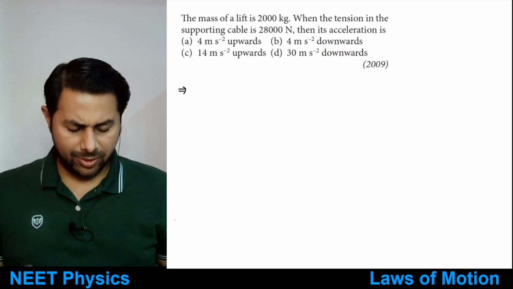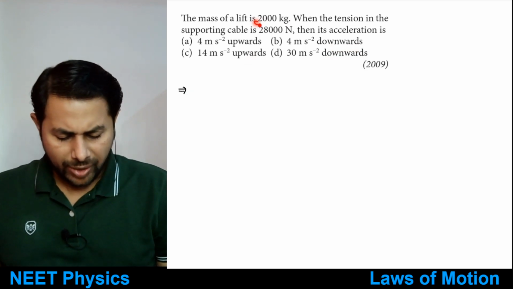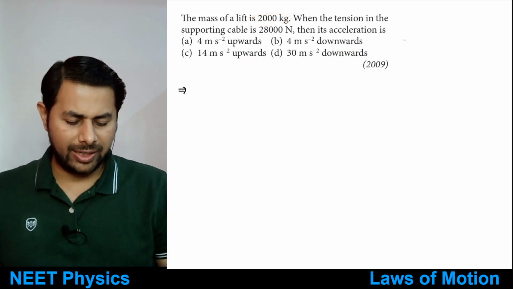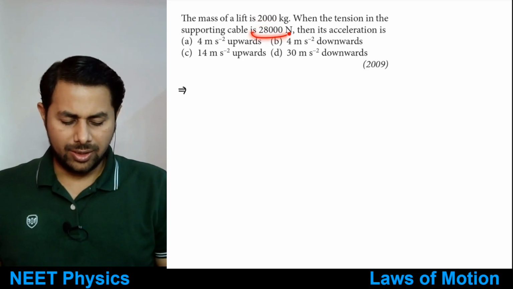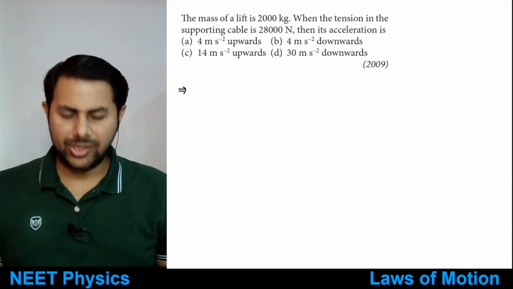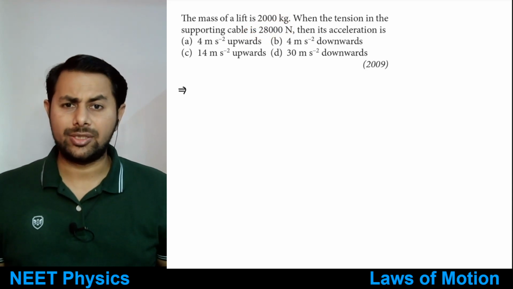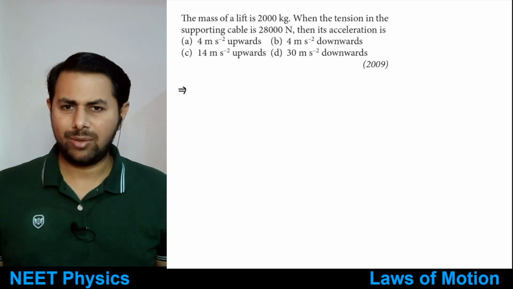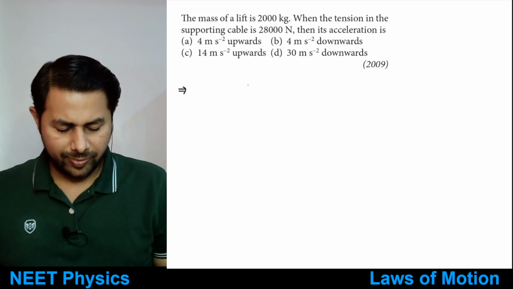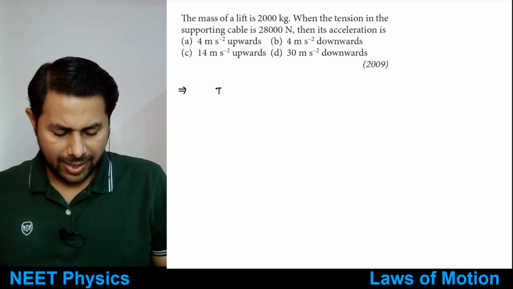Okay, so what we can do is we can quickly find out its weight. So weight is mass times 10, 20,000. So if tension is greater than the weight, that means acceleration must be upwards, right? Acceleration must be upwards. So if lift accelerates upwards,